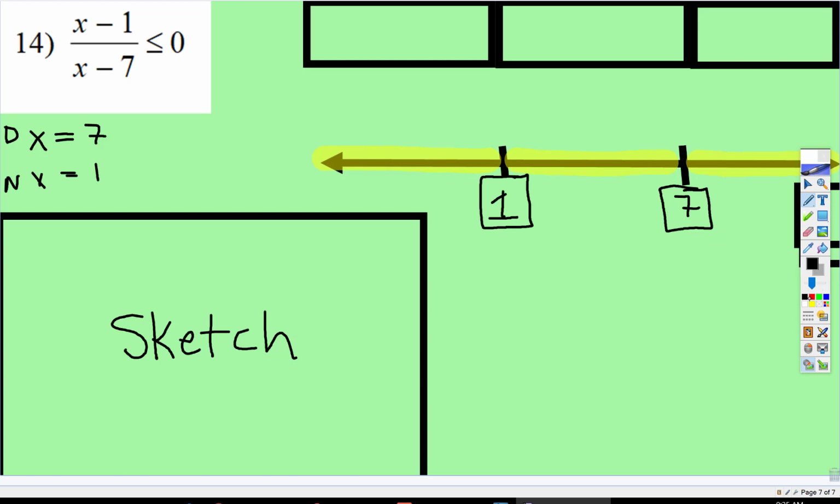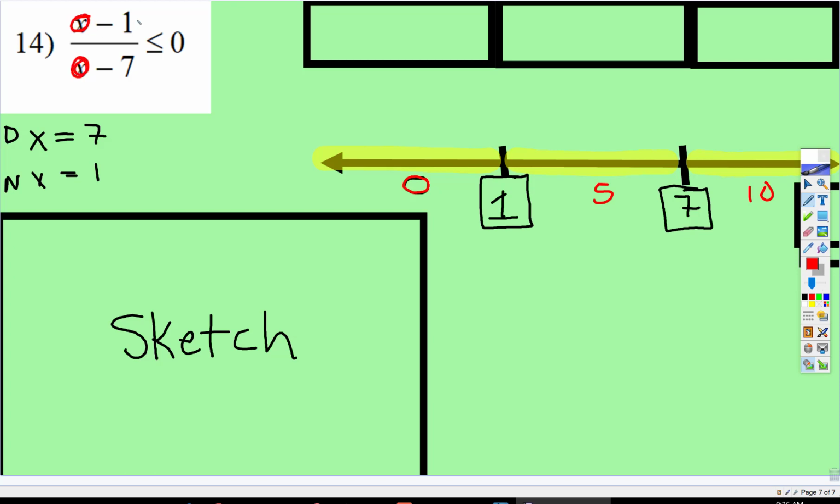And for our values to work with, well, 0 is an easy number smaller than 1. I'll probably choose 5. That's an easy number. And then positive 10. And again, we're going to plug those into the function to determine if it's true. And I'll show you how you would write the domain in interval notation in a minute. So when we plug 0 into here,